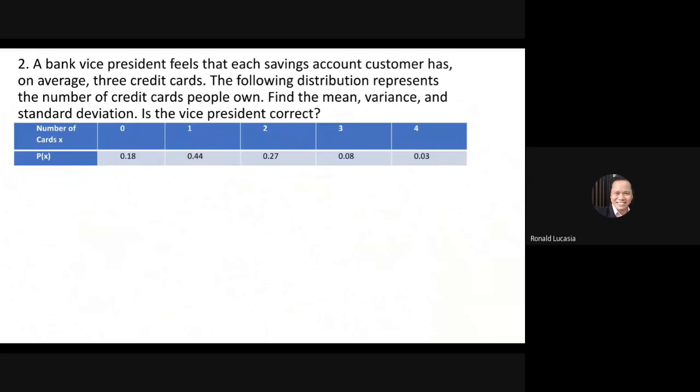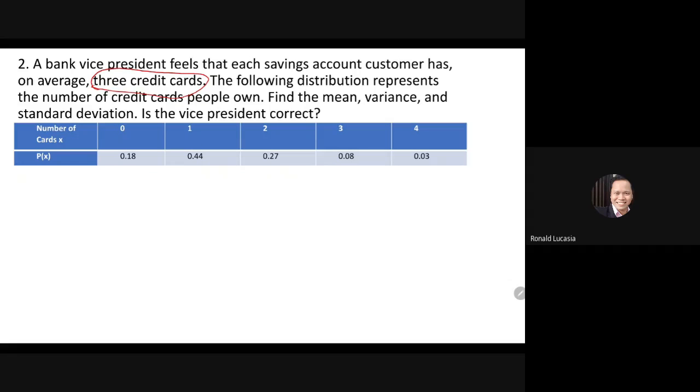A bank vice president feels that each savings account customer has on average 3 credit cards. The following distribution represents the number of credit cards people own. Find the mean, the variance, and the standard deviation. We have to answer because there is a question in number 2. Is the vice president correct? Tama ba siya na ang kanyang assumption, ang bawat isang kliyente nagmamay-ari ng 3 credit cards? So para malaman natin yan,